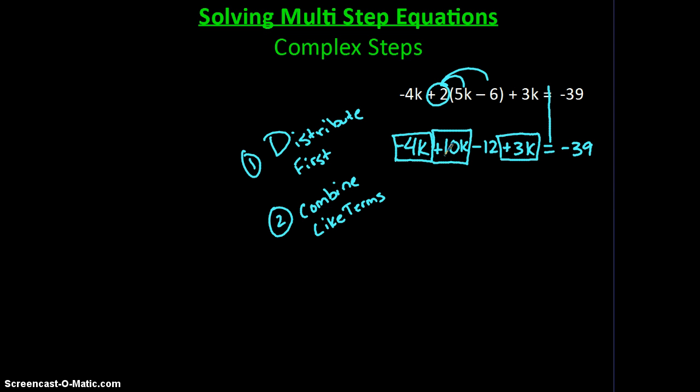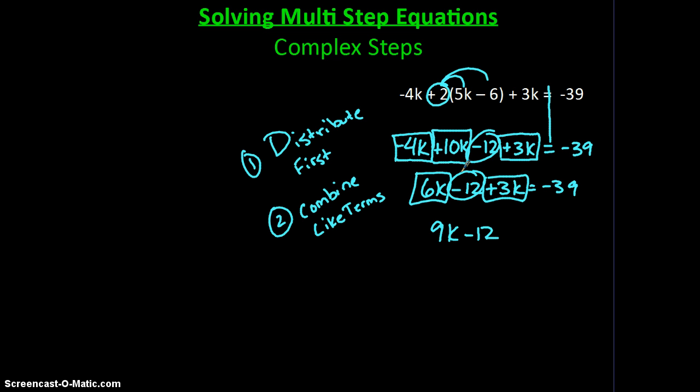Now, you don't have to write this step out if you can do it quicker in your head. If you want to write it down as 6k minus 12 plus 3k is equal to negative 39, that's fine. And then go through and combine again to make sure that you're correct. Some of us can actually do that a lot quicker in our head. So we can do the 6k right here. And then we can add the 3k into it, which is 9k. And notice that negative 12 does not have a like term on that side, so it just drops in the entire way down. From here, add 12 to both sides because we want to get that 9k alone and by itself. So therefore, 9k